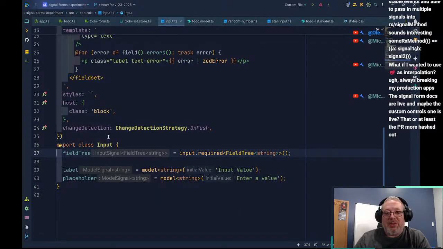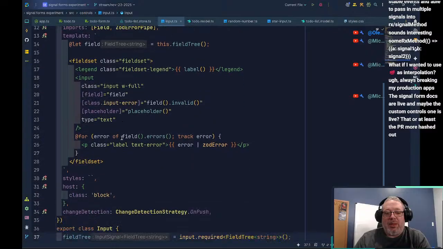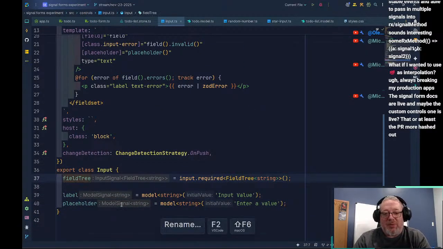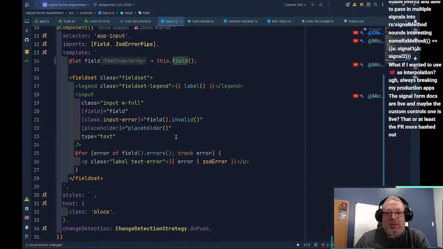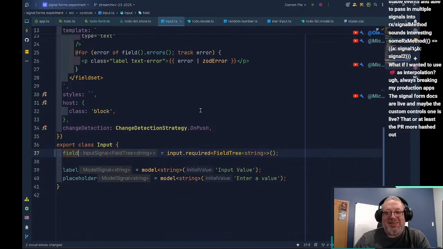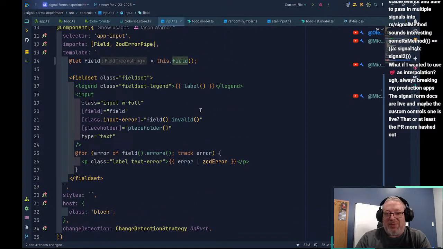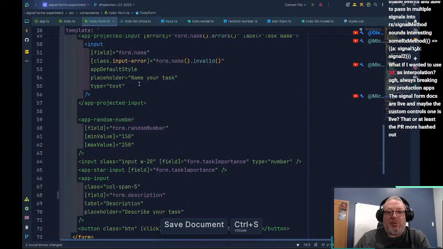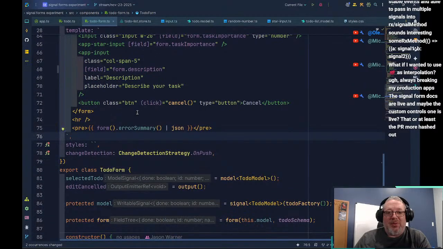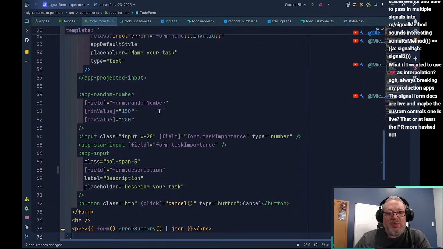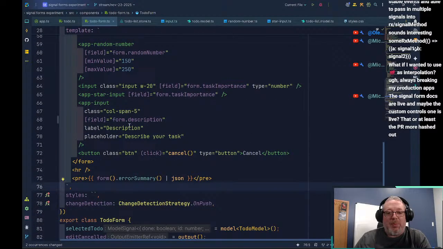Yeah, this is where we changed it. So let's rename this back to field. So that picked up field. All of the other stuff stays the same. We'll save that, and then we'll go to the to-do form. And we should have something here that's not working anymore. App input. So yeah, we've got our field equals form.description. So it did appropriately rename it.